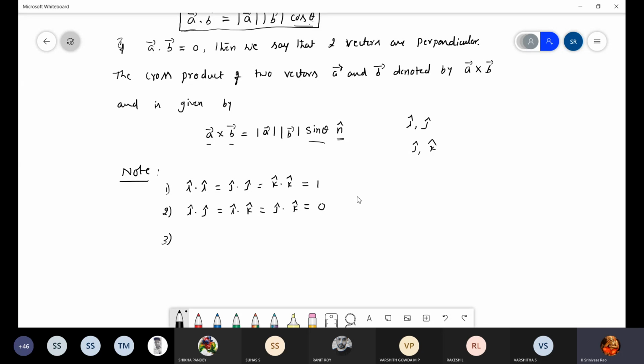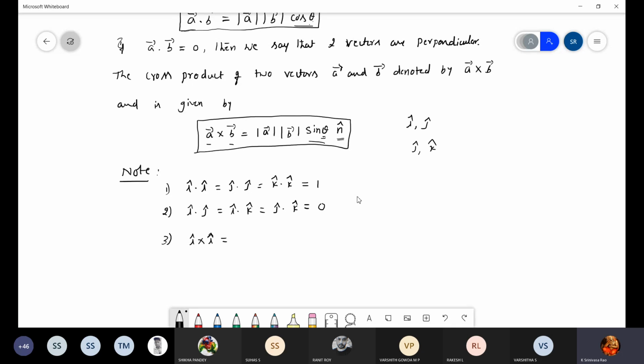Coming to the cross product now, I'm using this formula. What is i cross i? 0. How is it 0? Sin 0 is 0. Very good. First of all, the angle between i and i is 0. If I substitute here, theta is 0, and sin 0 is 0, which means everything is 0. That's it, no need to calculate the remaining things.